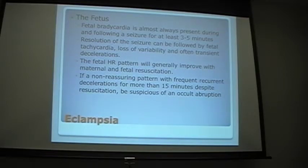So fetal bradycardia is almost always present during and after the seizure, and it can last 3 to 5 minutes, with the recovery after that even more, where, just like when they have bradycardia during labor, they'll get that reflex tachycardia and then be flat. They do the exact same thing when they've had a seizure. So they'll have that reflex tachycardia, loss of variability, and then transient decelerations. They can be lates, they can be variables,